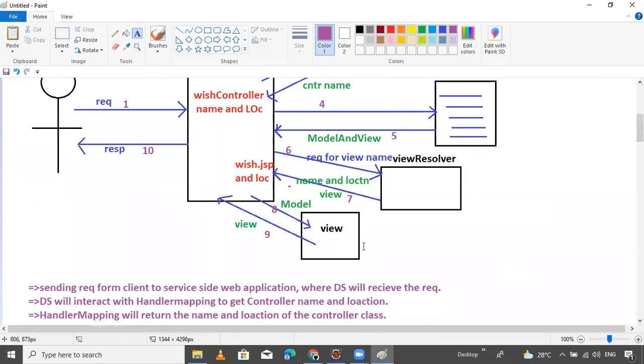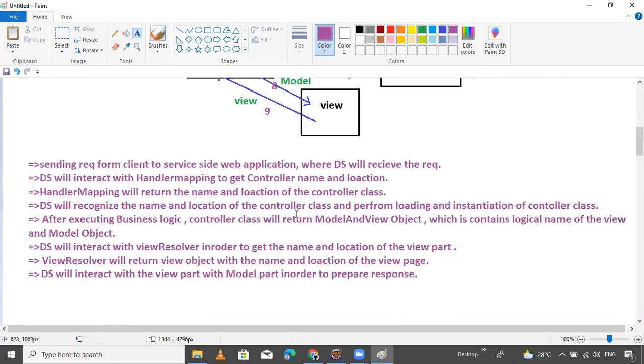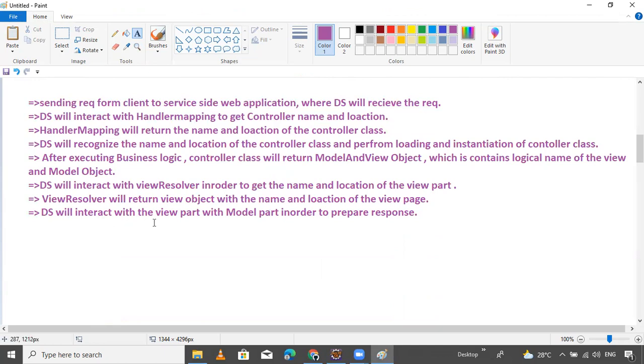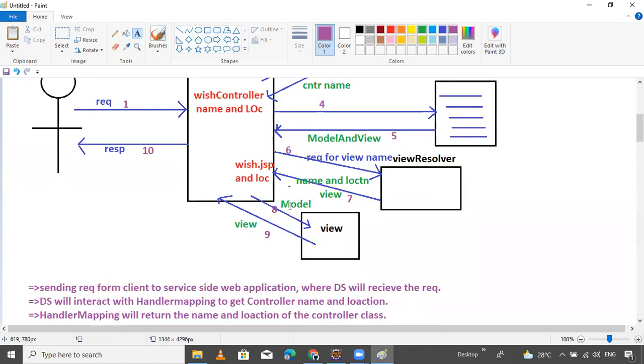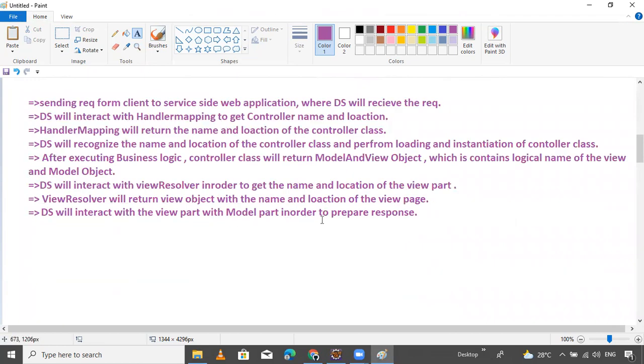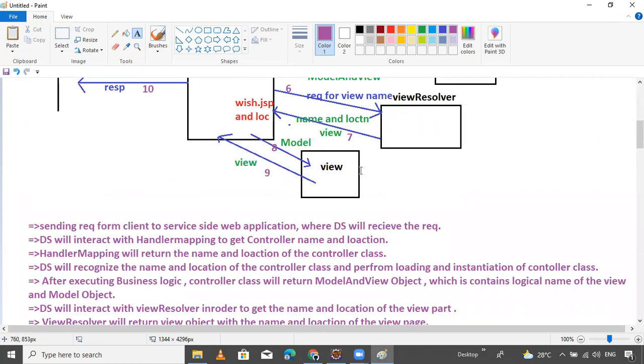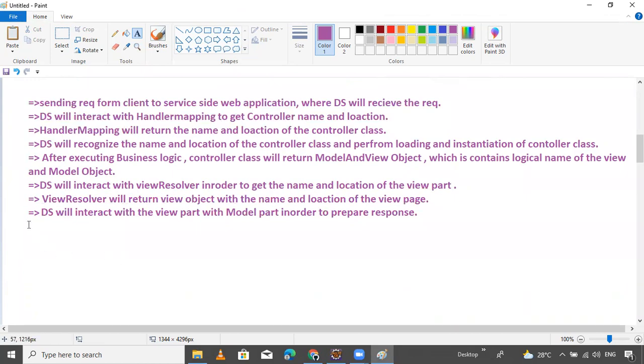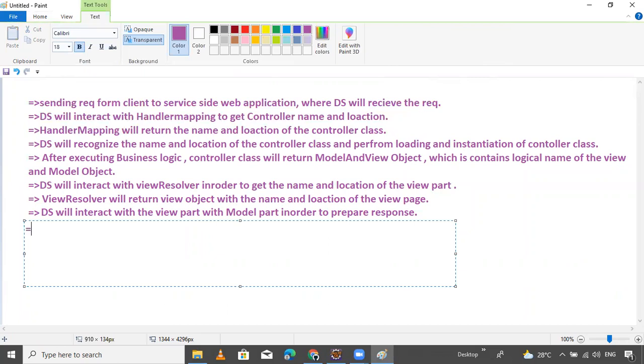Guys, focus here. The eighth step is that the dispatcher servlet will interact with the view part in order to prepare the response. Now the next one is the last one.